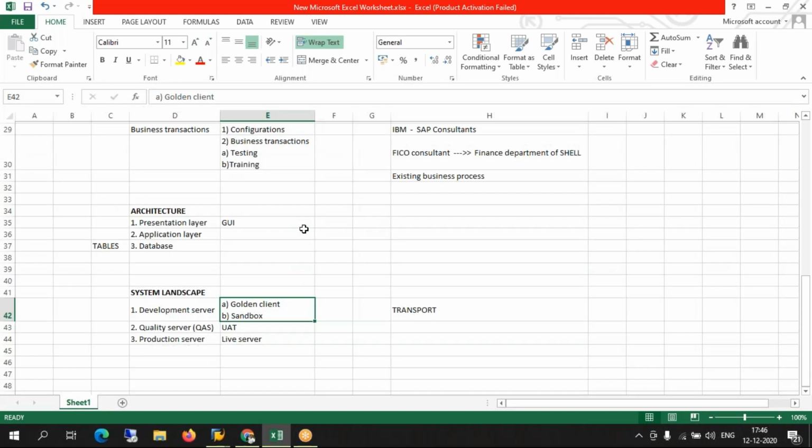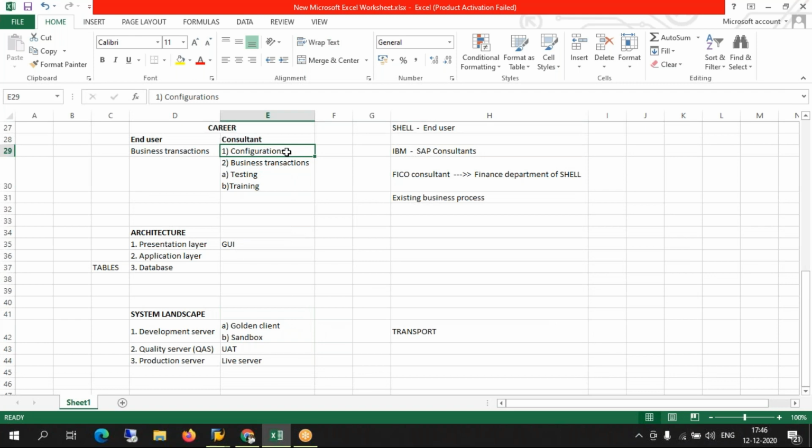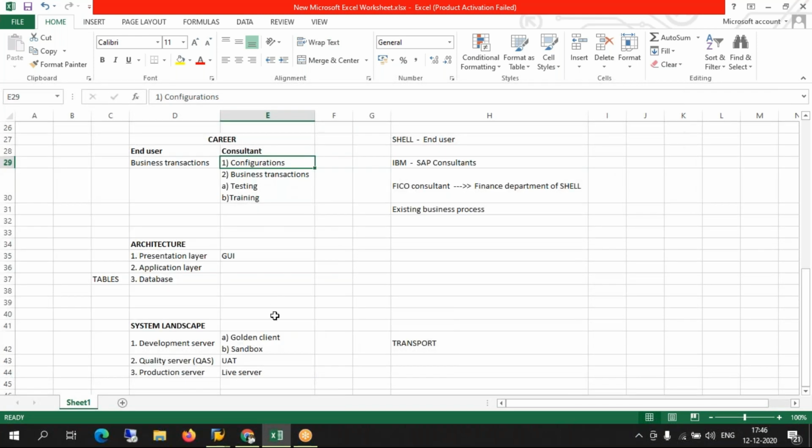See, without the configuration, you cannot post any transaction. Now, configuration is stored at one common place. If there is any mistake, you rectify the configuration only in that one common place, then move it to the other servers. Why do you transport it to the other servers? So that you need not have to repeat the same configurations again and again. That's the whole purpose.